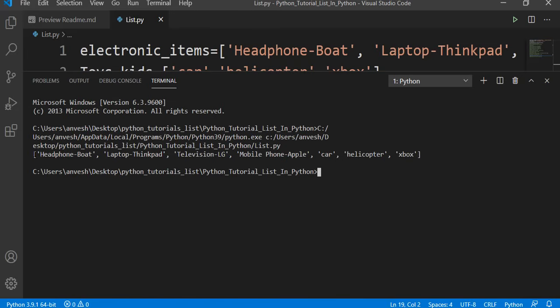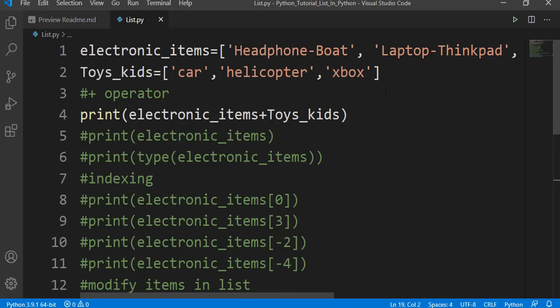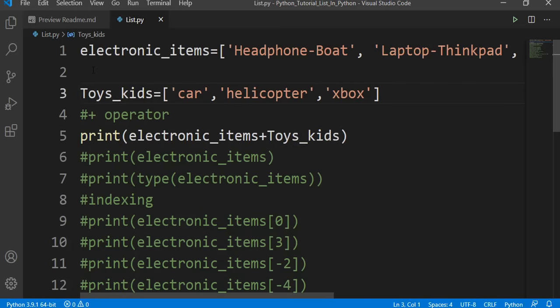You can observe here that when I used the plus operator along with two lists, the items in the second list also got added to the first list. So the plus operator is basically concatenating. Now the question comes, can I add only a single element to this first list?